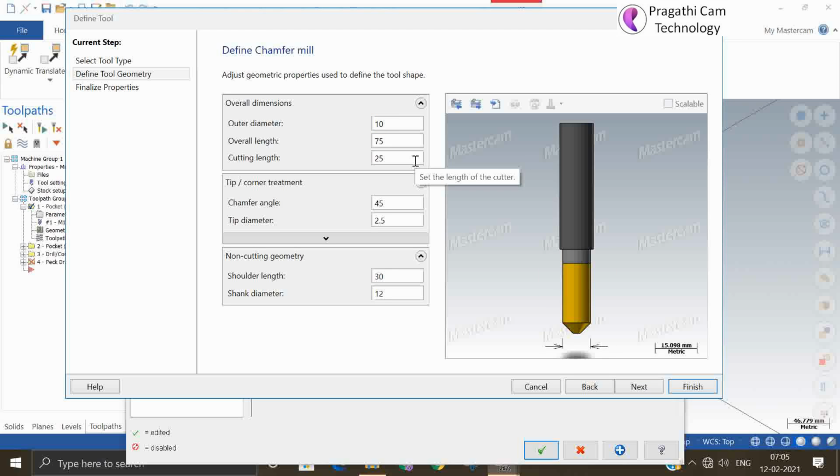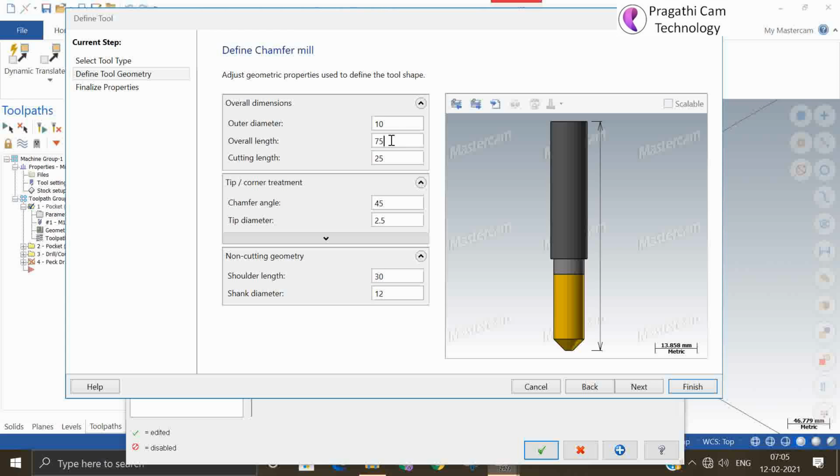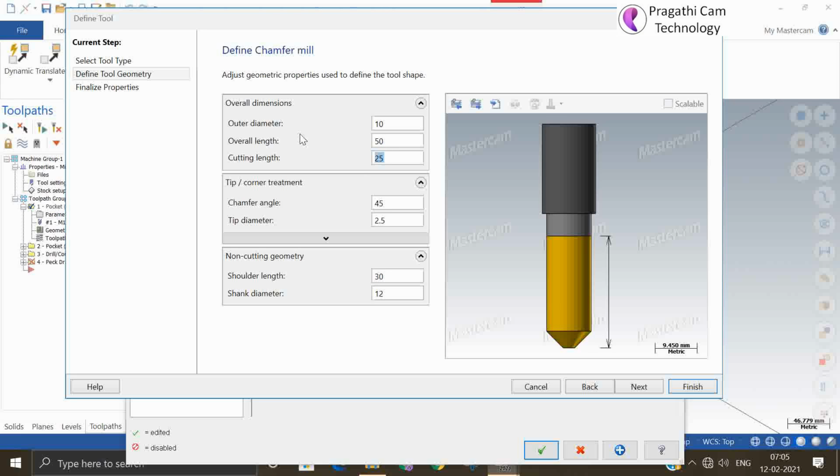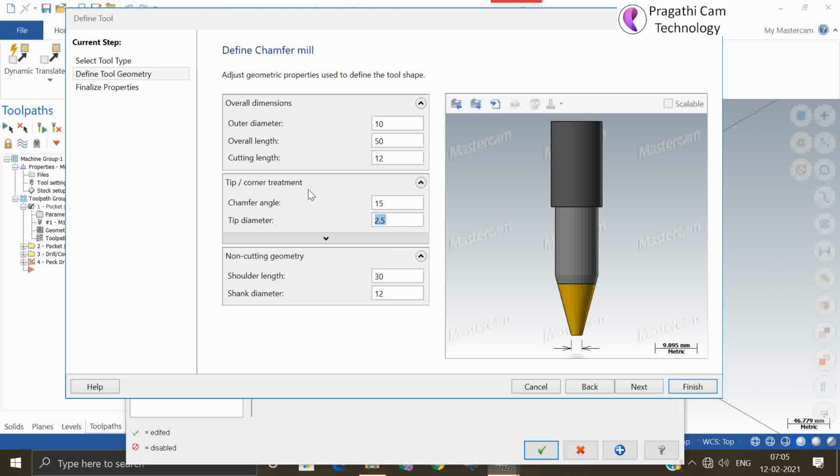Tool number 10, overall diameter 10. Length I modified. Cut length is 12 and chamfer angle 15. Tip length is 0.2.